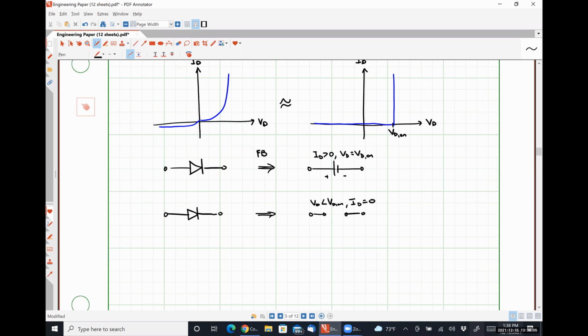The constant voltage drop diode model is really nothing more than the ideal diode model in series with a battery. We're saying if our diode is on, we're going to have some voltage drop over it, and then whatever current needs to flow through can flow through. If it's off, we have an open circuit. And it's literally nothing more than our ideal diode model in series with a battery. All right, let me put RB here for reverse bias. So